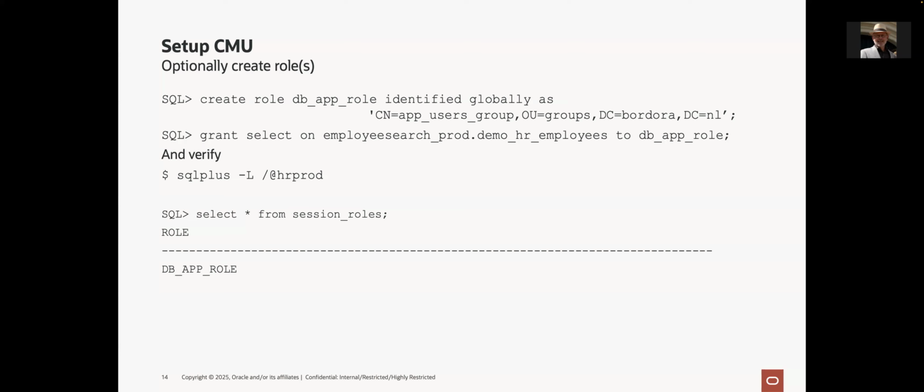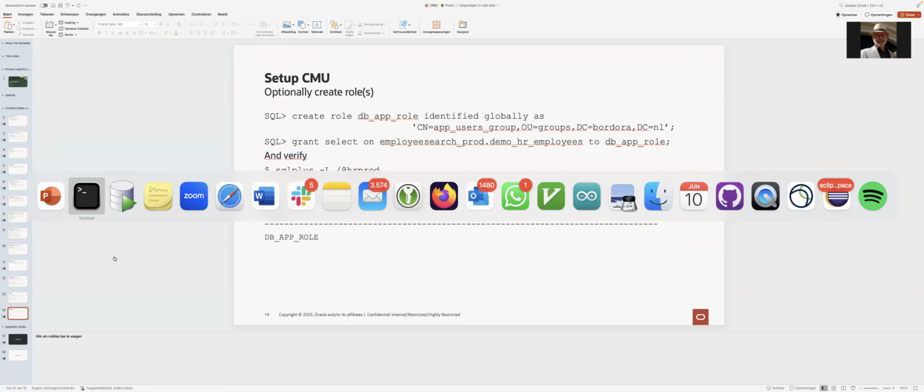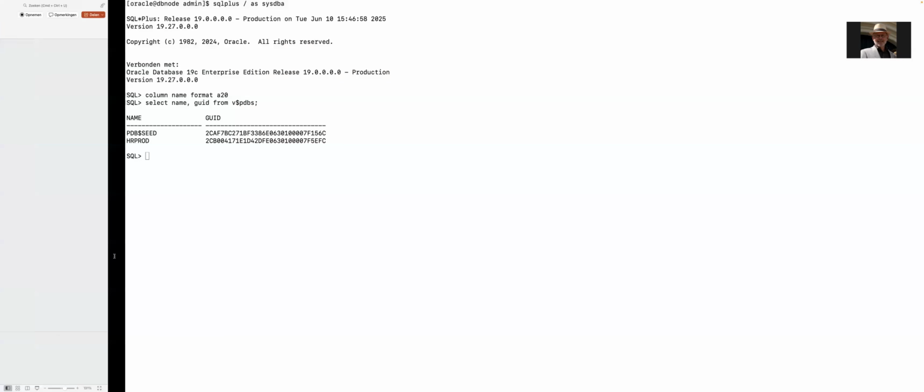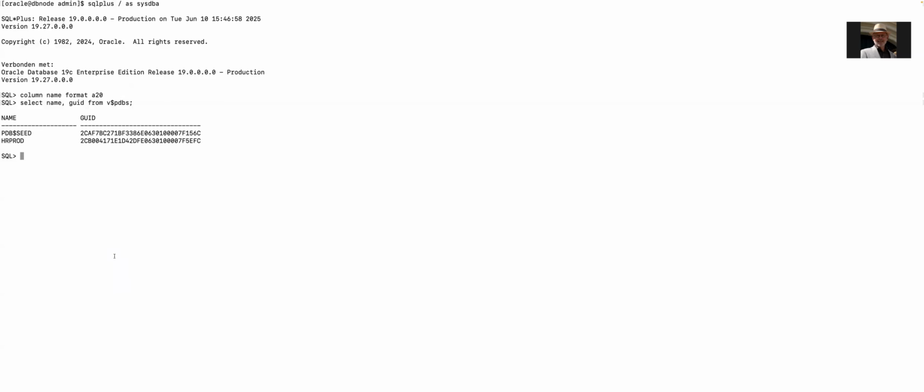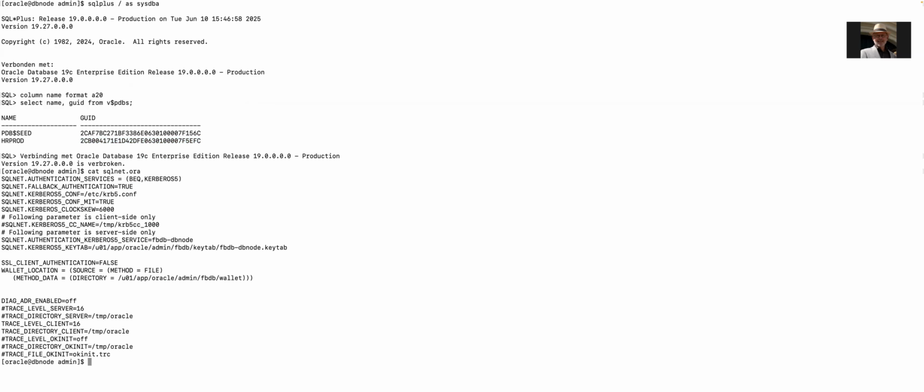For that, I will switch off the presentation and continue in here. Here I'm logged on to my database. You can see my GUID. I take that, copy it to my clipboard, and in my sqlnet.ora we will find the wallet location. So in my history, I already have it. If I go to this subdirectory and the GUID,